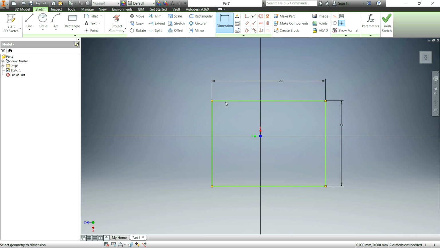Okay, so that's size, but you can see the lines are still green. That means that it is not fully dimensioned. Right now, because it already has the size of the rectangle, it needs to know where the rectangle is. So a good way to do this is to, still using your dimension tool, grab one of the lines and drag it to the origin right here. Then you'll see this other dimension coming up, and that basically means how far away in this direction it is from the origin. So if I wanted to make this perfectly centered, what I can do